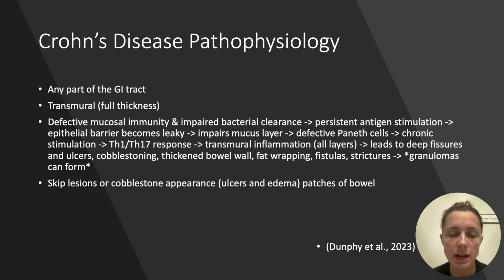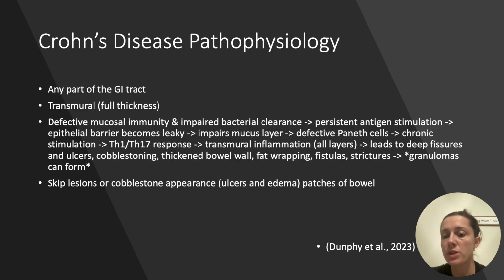And this will cause transmural inflammation, which is all the layers, which leads to deep fissures, ulcers, cobblestoning, which is a hallmark finding for Crohn's disease, a thickened bowel wall, fat wrapping, fistulas, and strictures, and then granulomas can also form. So in Crohn's disease, granulomas are clusters of immune cells that form in the deep lining of the intestine,